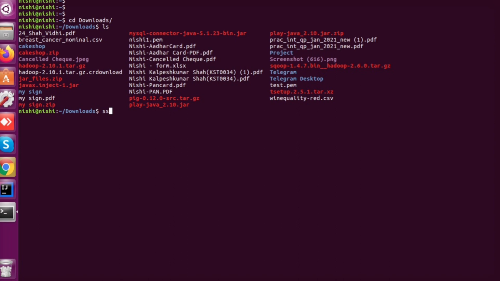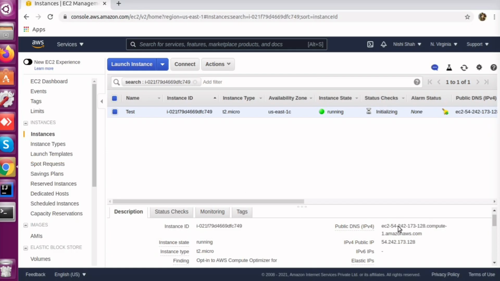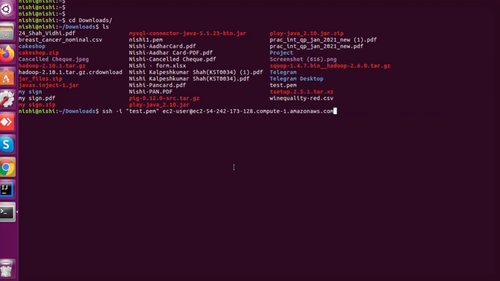So ssh -i test.pem, then ec2-user at, you need to copy the public DNS and then paste it here.